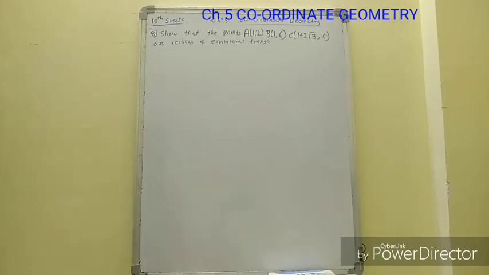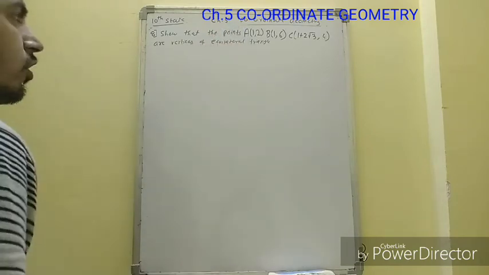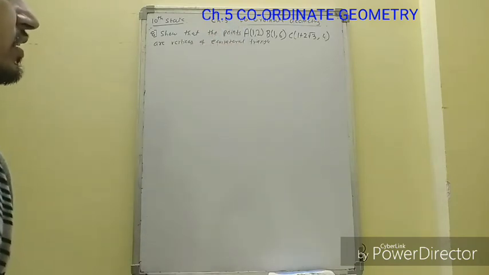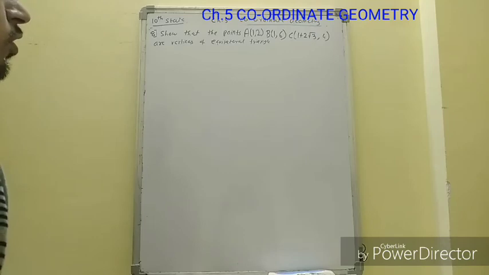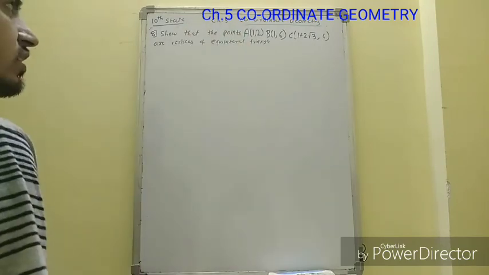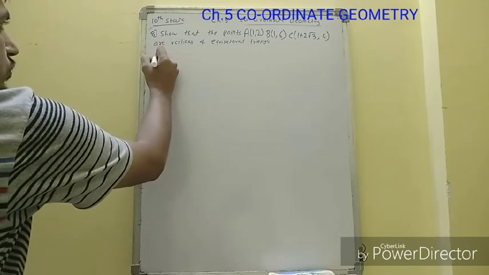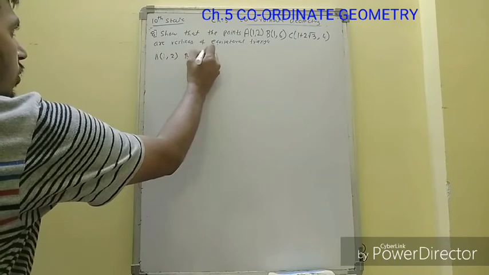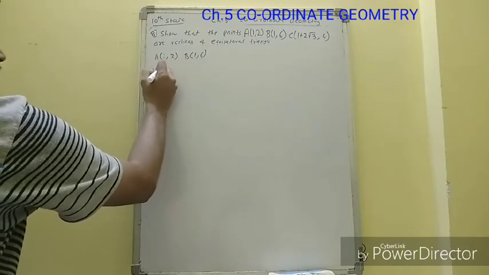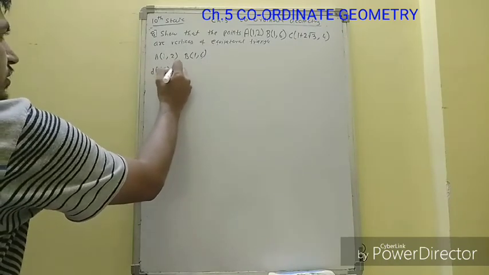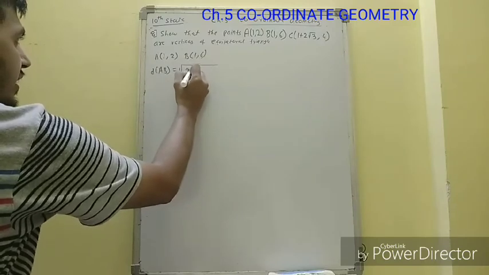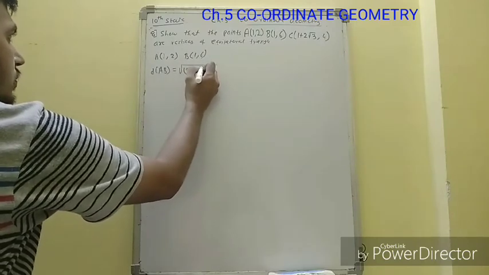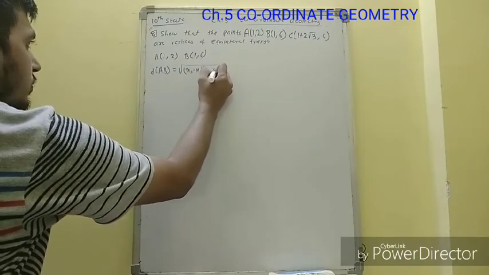Okay, in the 8th question, that is the last question of the first exercise, we need to show that A (1, 2), B (1, 6) and C (1 plus 2 root 3, 4) are the vertices of an equilateral triangle. Equilateral triangle means all the sides are same. Let's start. So A we have 1 comma 2, B we have 1 comma 6. So distance AB, you should write the formula for each and every step. I am not writing it because I told you I have very less space.